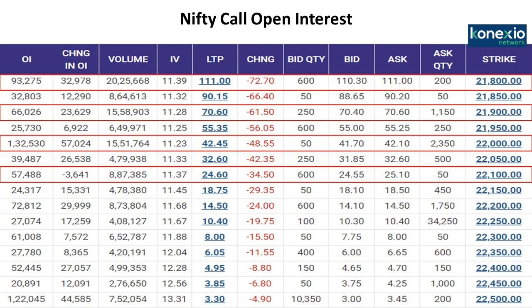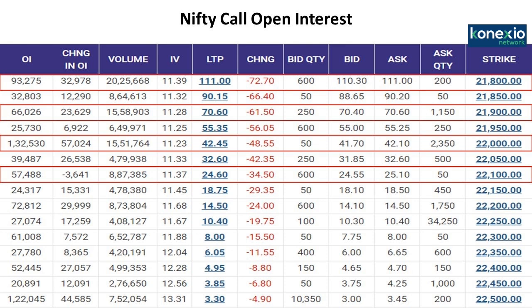Now, friends, let us discuss the derivative data of Nifty calls. You will see the Nifty calls on the screen. The action was seen in the 21,700, then 21,800 calls, 21,900 calls, 22,000 and 22,100 calls. Sorry, the action started from the 21,800 calls to the 22,100 calls. Here you can see there has been a drop in option premium, which means that the smart traders